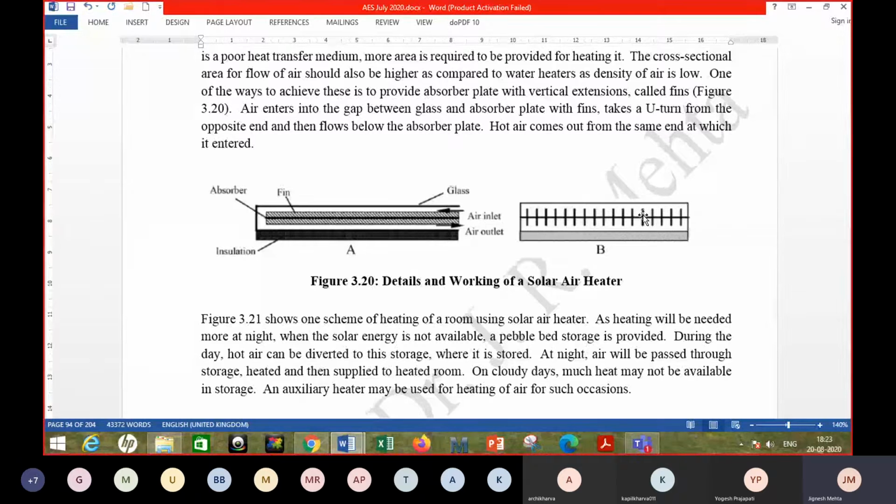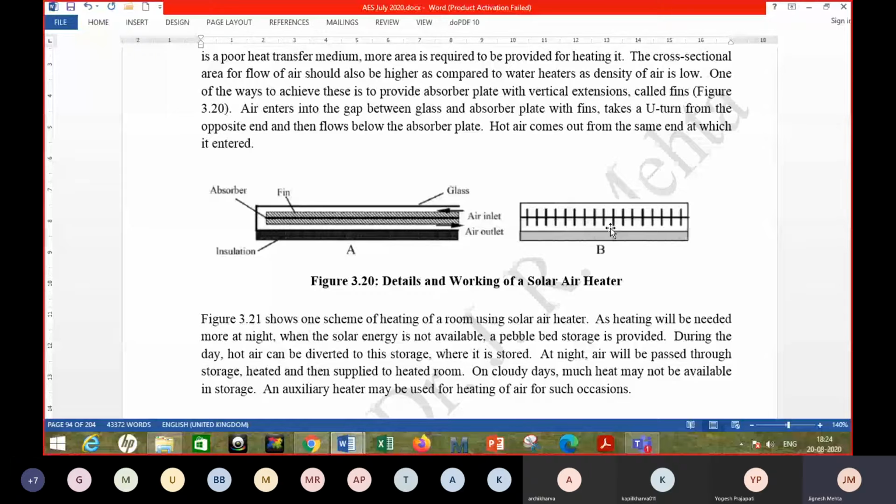And again, there are two passes of air which are provided. So this is to increase the surface area for heat transfer. So the surface area for heat transfer in one pass, and then in the second pass it gets doubled. Again, as you can see, the passages are not very small, right? Somewhat larger passage areas are provided. Cross section area is provided for air to flow.